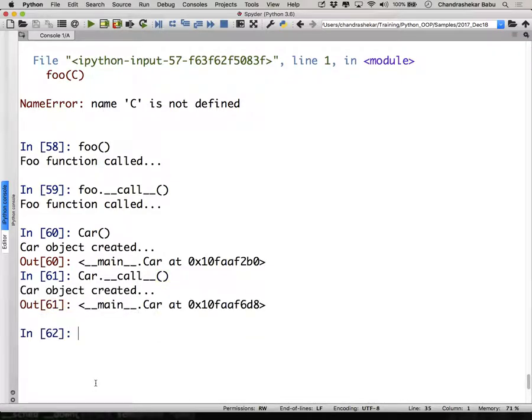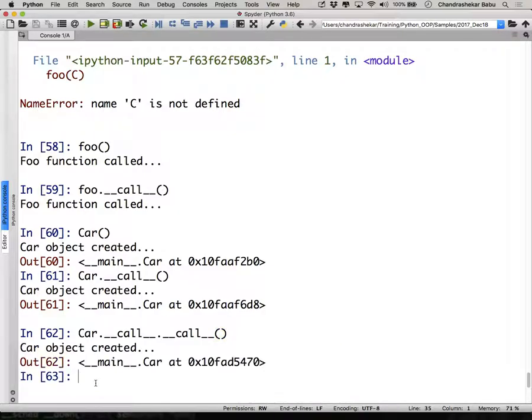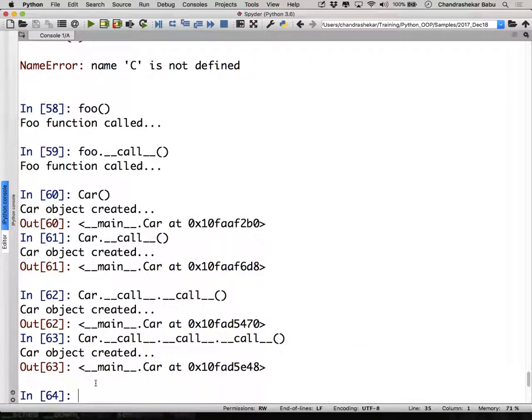Actually, some of you might wonder, what about this? This method also is a callable object. Am I correct? So you should be able to say dot double underscore call double underscore like this also. That call also is a callable object. You say dot double underscore call double underscore, and it can go up to infinity. And actually, this is implemented in C, so it will work. Methods are also callable objects.